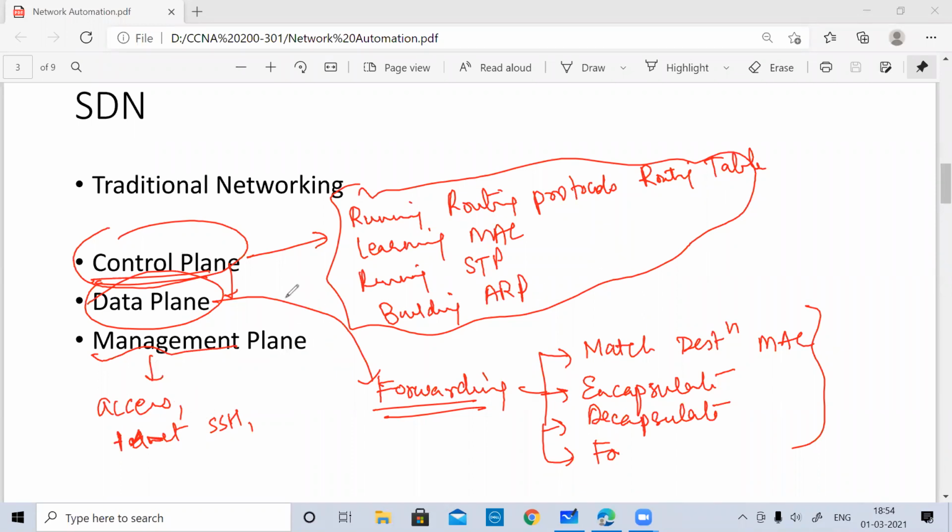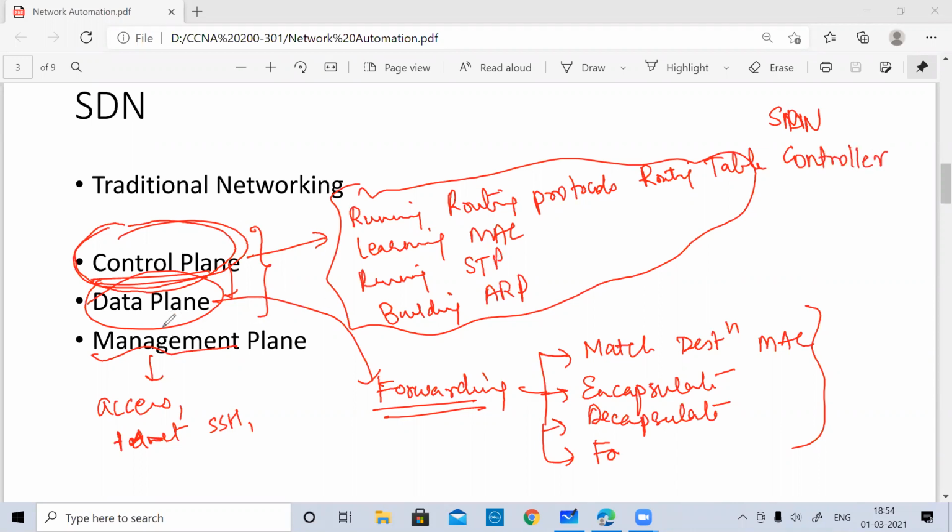So you see that there is a single brain, or we will say there is a controller, a centralized device where we are going to shift the control plane and the data plane. We are going to separate it. So there is a separation of these two planes. The control plane will be in one device which we will name a controller, and in SDN we call it an SDN controller, because this controller is going to have the control plane.